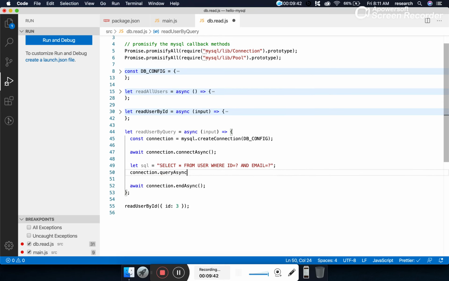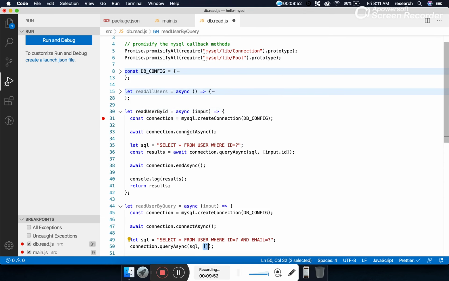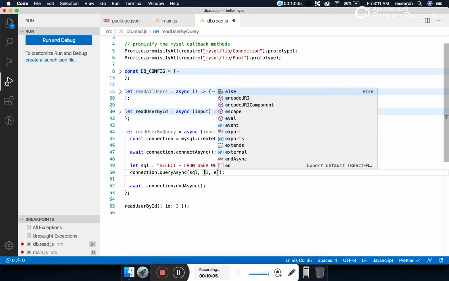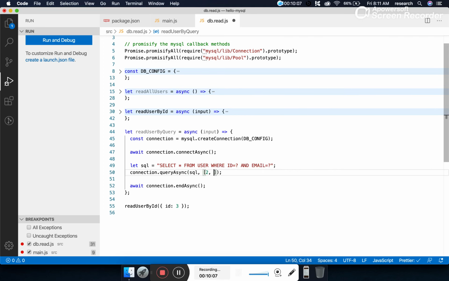Connection dot query, same as before: the first parameter will be SQL, the second parameter is the array. In the first method it was empty. In the second method it takes only one dynamic placeholder, so we passed only one value. Since there are two dynamic placeholders now, we have to specify two conditions, like 2 and hello at gmail.com, whatever the email ID.